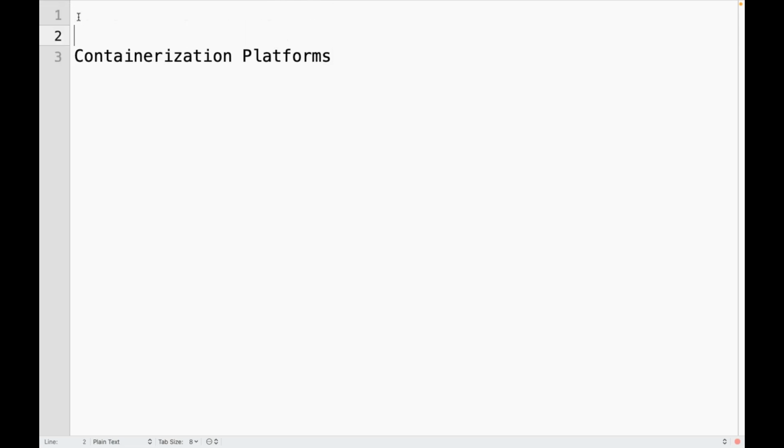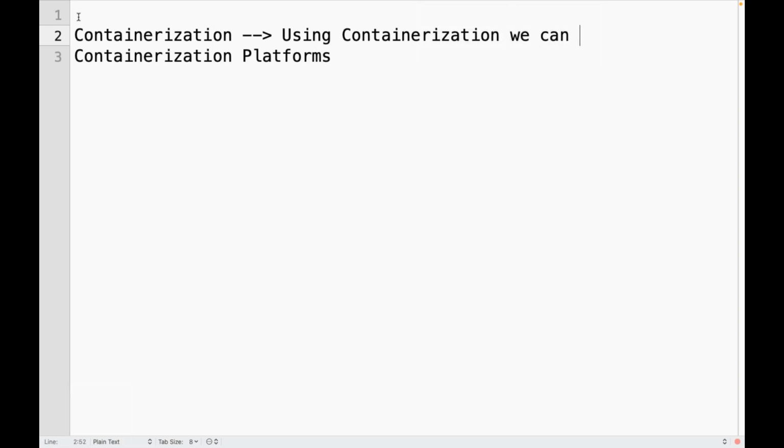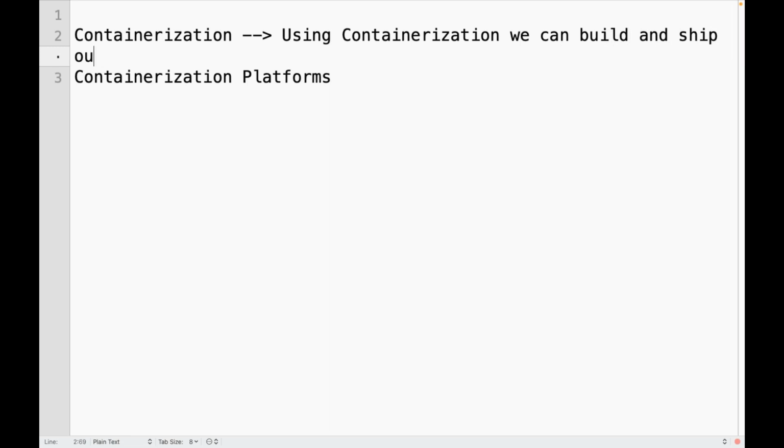So what is the meaning of containerization? Using containerization, we can build and ship our applications.